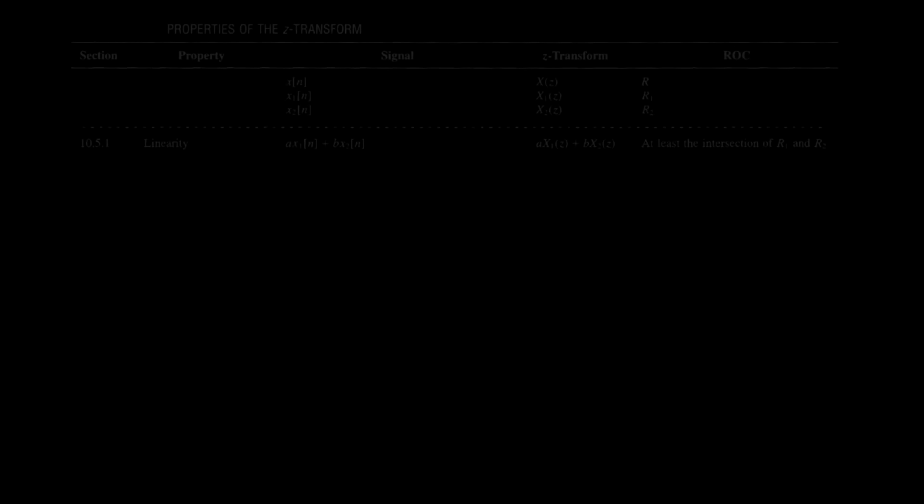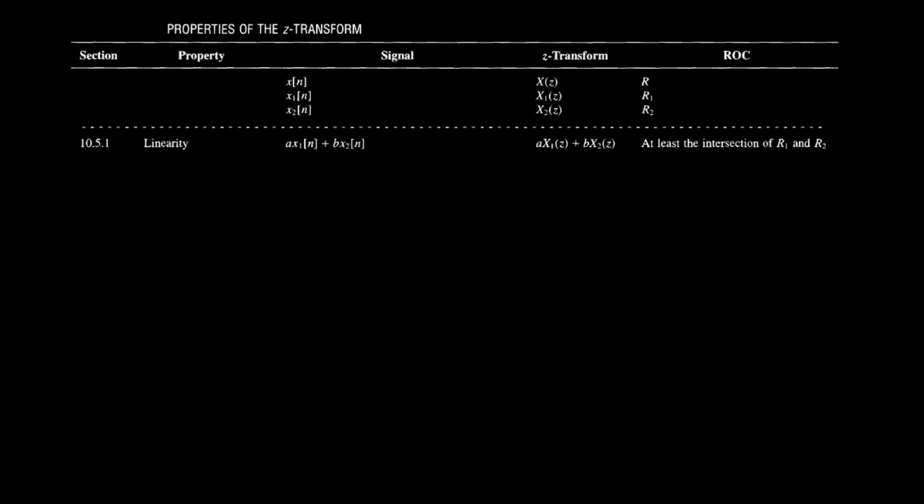In this video, we are going to look into the properties of Z transform. So we would be defining a given property. If needed be, we will give a proof and also show some applications and examples of that property. So presently we have a linearity property, and it states that if we have x1 of n, which is multiplied